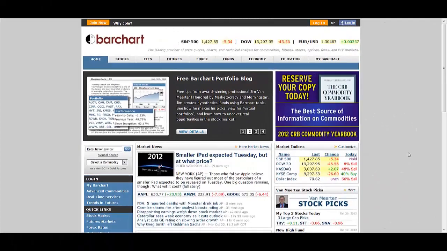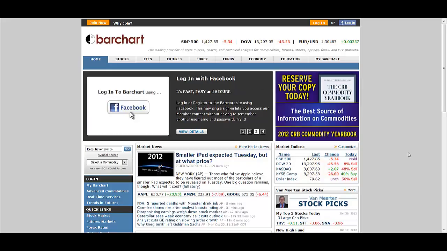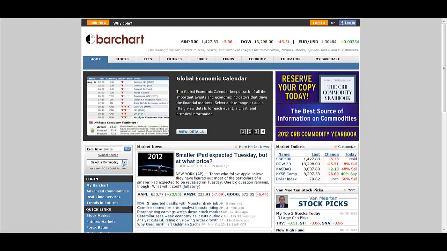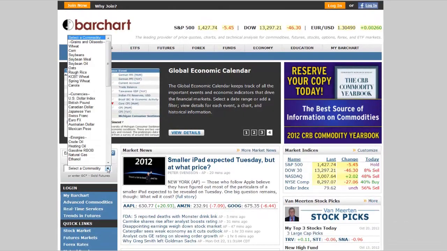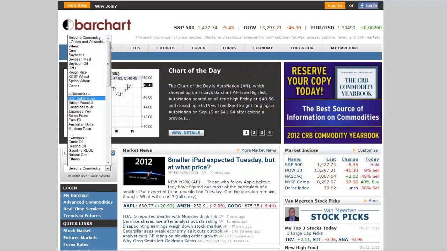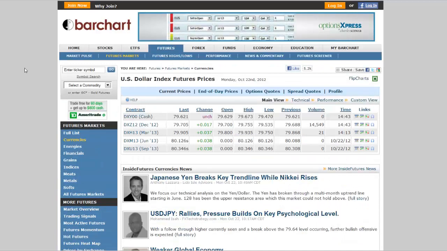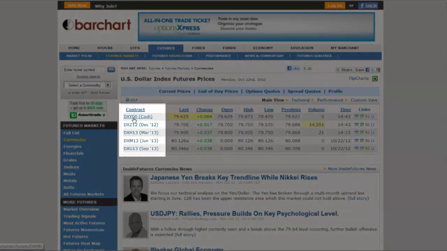Okay, folks, we're looking at barchart.com. This is a free website, absolutely zero fees whatsoever. This will give you access to commodities and commitment of traders reports and open interest. When you go to the home page, this is what pops up. You just go over here to this little tab. It says select a commodity. Tap that, and we'll start with the US dollar index. When the window opens up, on the top of the list typically is the cash. You don't want that.